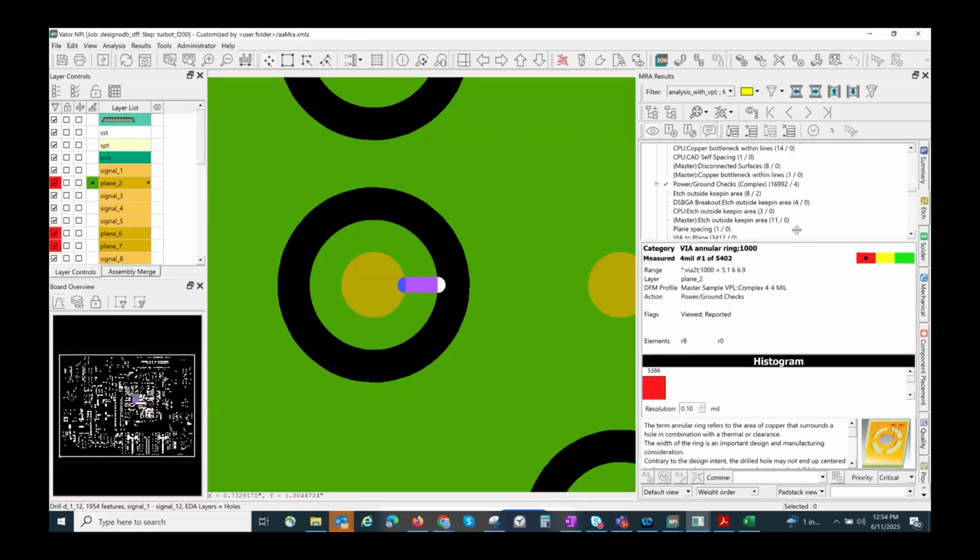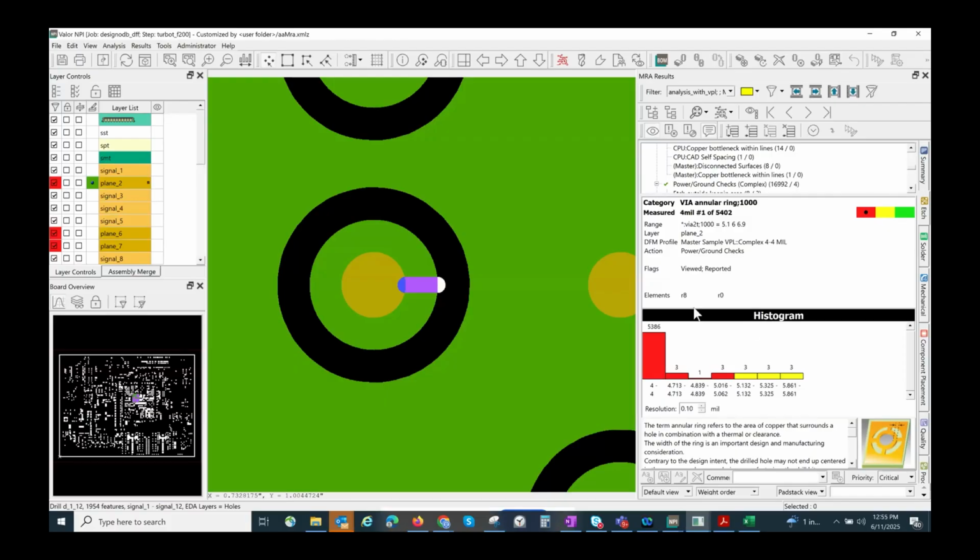What I can tell very quickly, and this is another advantage of having this histogram section. The histogram is actually meant to be used in these cases where my rule says 5.1 is the minimum, 6 is the nominal. But if you notice, by looking at the histogram, it's pretty obvious that most of the analysis results are on the 4 mils. So meaning that my board design, basically all the annular rings are in the 4 mils measurement. So my rule will need to be adjusted,